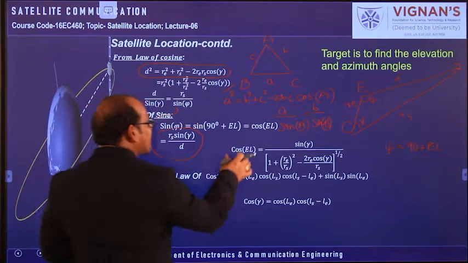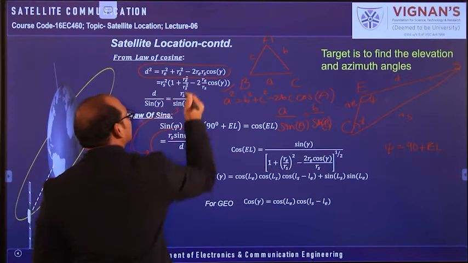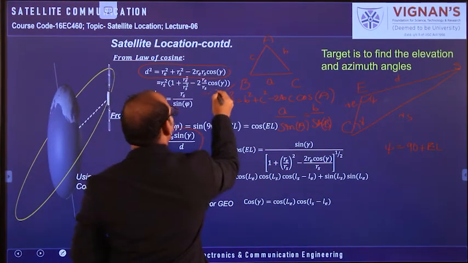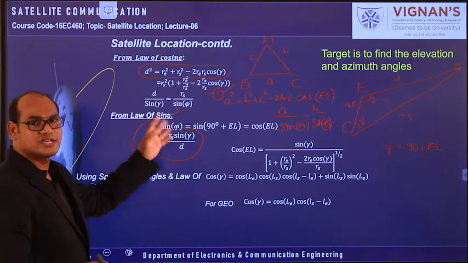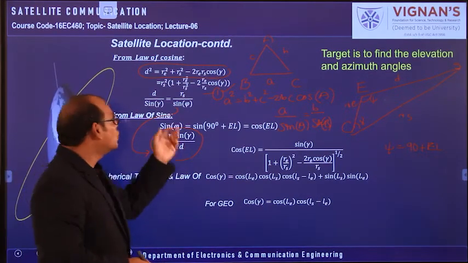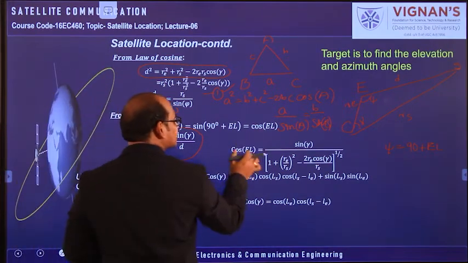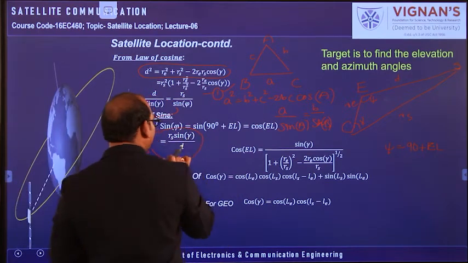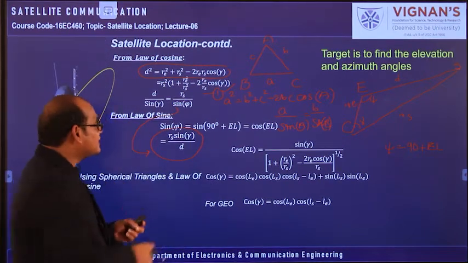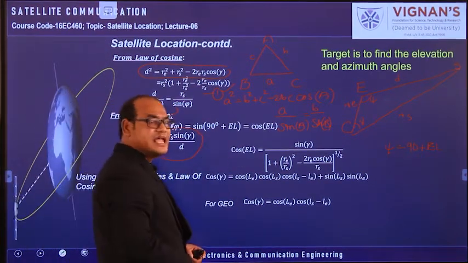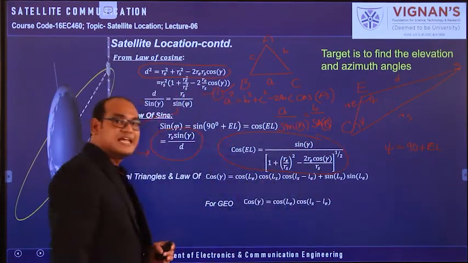Okay. Then this cos gamma, cos of EL is equal to this one, and D should be written from this equation, that is for example equation 1. Equation 1 is representing D square is equal to something. Here we need D, so take the square root of that one. Then you can write the equation for cos of elevation angle is equal to sin gamma by, here RS square is there, by taking the root RS will come outside, and that numerator RS and denominator RS will be cancelled. Finally you will get cos of EL is equal to this one, that means elevation angle.